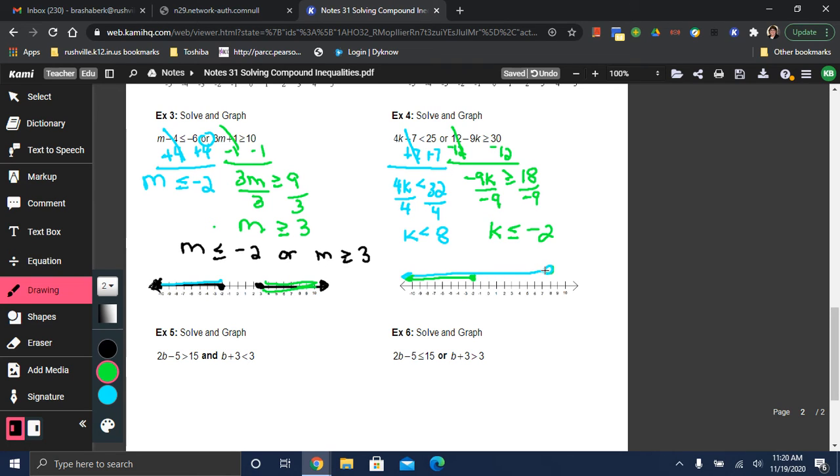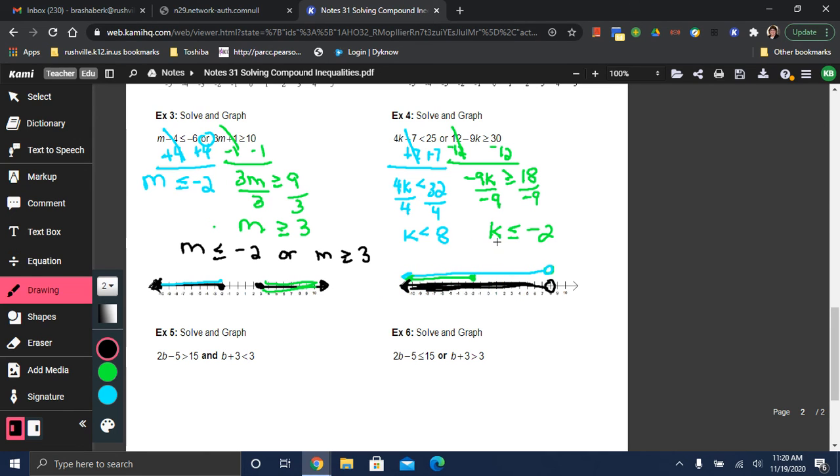So actually, from 8 on down, at least one part is true. So for this graph, when you notice these inequality symbols going in the same direction, you may want to graph above, because your final graph, which I'll do in black here, is where for the OR problems, at least one part is true. And so that would be everything from the open circle on the 8 on down through the rest of the number line. So this actually is my solution picture,